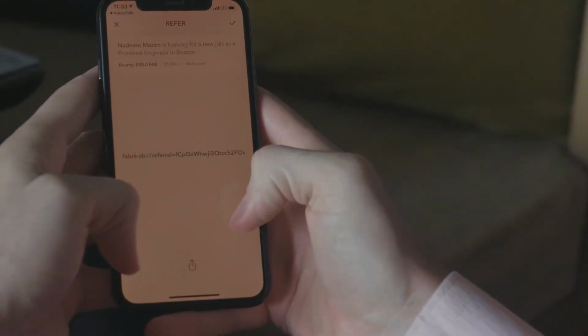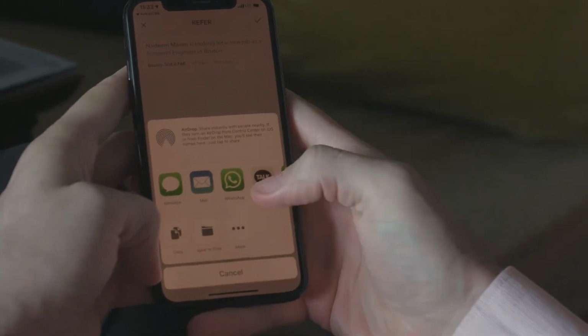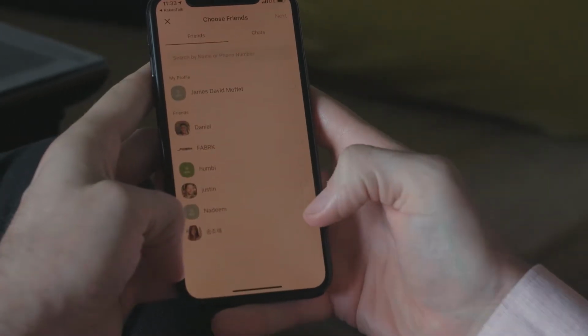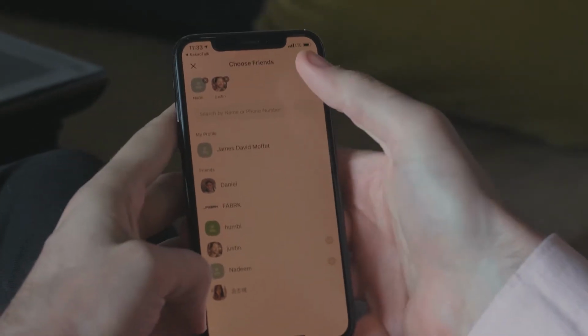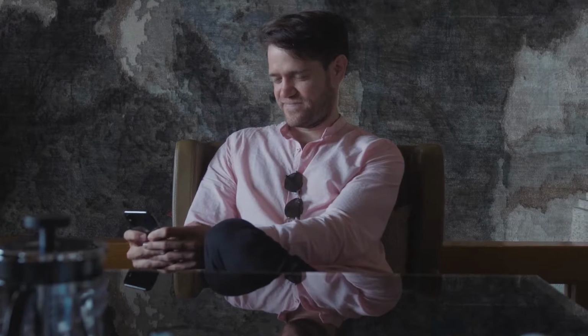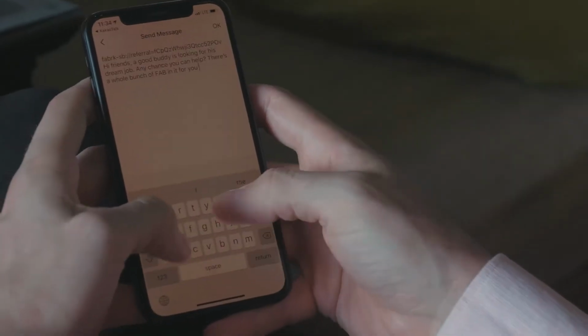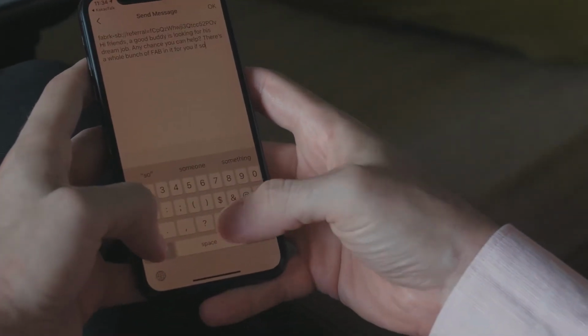I'm going to get my own link, and now I can share this with friends just like any typical referral system on any social media platform that I choose. And they're going to be able to in turn open it up in their version of the app. So each of these apps are talking to the user's own virtualized node instance in the cloud.